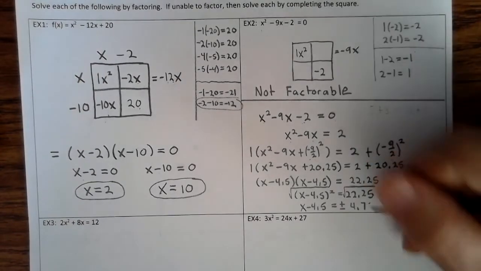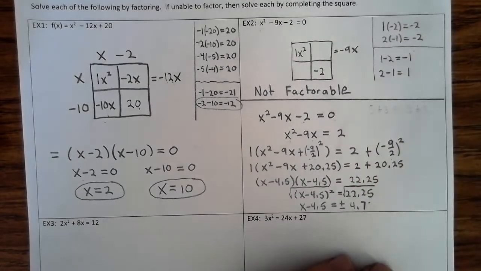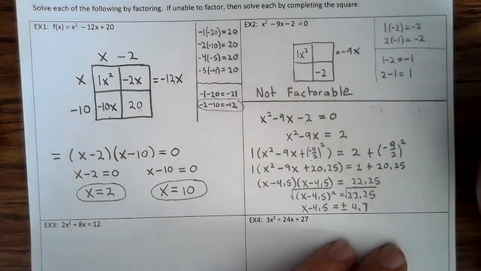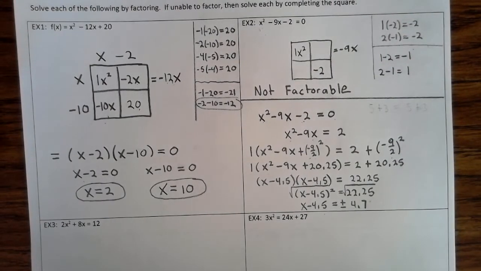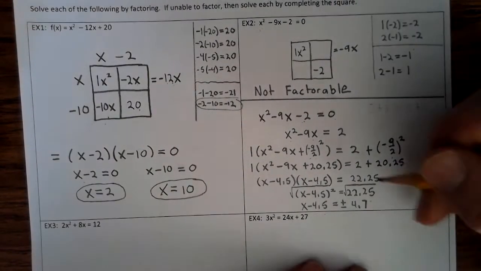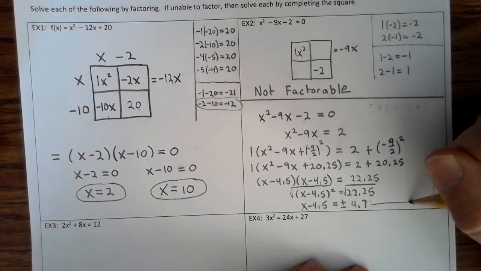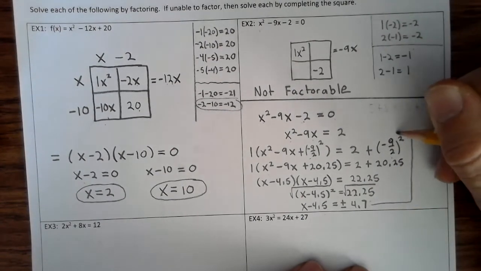No, in essence, let's leave it as one decimal place, 4.7. The reason why I'm going to leave it as one decimal place is because that's one decimal place. Okay, so now I'm going to run out of space. I'm going to move the work